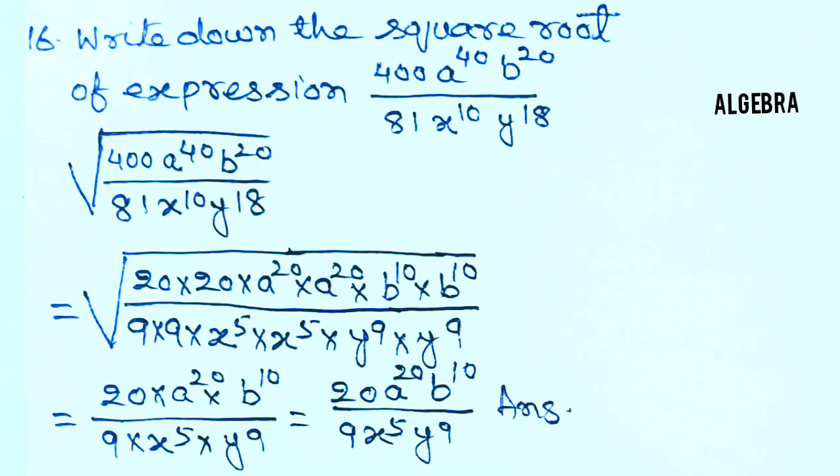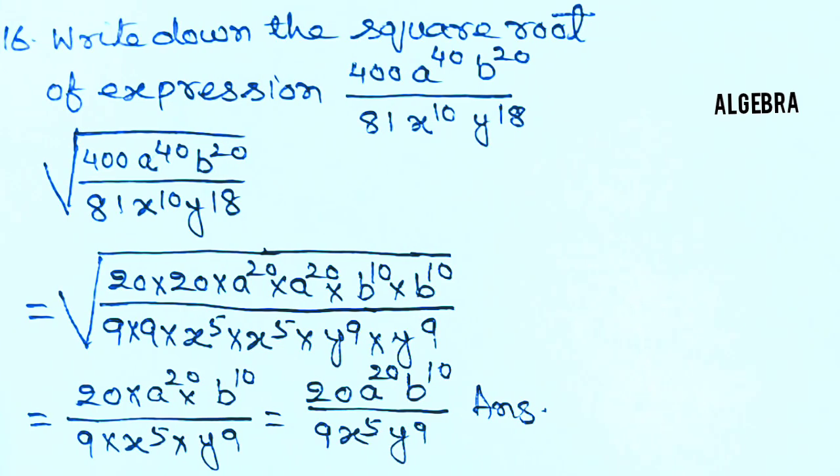16. Write down the square root of expression 400 a to the power 40 b to the power 20 by 81 x to the power 10 y to the power 18. The square root 400 a to the power 40 b to the power 20 by 81 x to the power 10 y to the power 18 is equal to square root 20 into 20 into a to the power 20 into a to the power 20 into b to the power 10 into b to the power 10 by 9 into 9 into x to the power 5 into x to the power 5 into y to the power 9